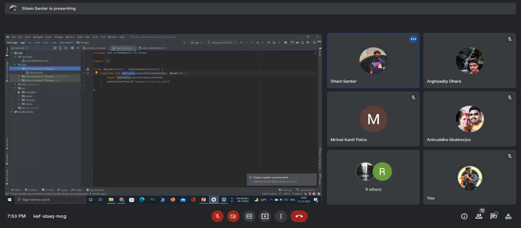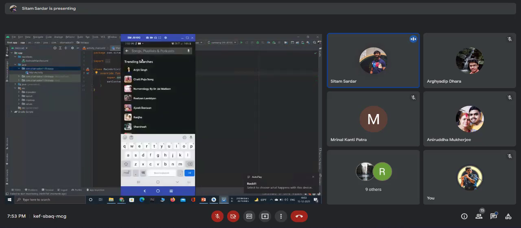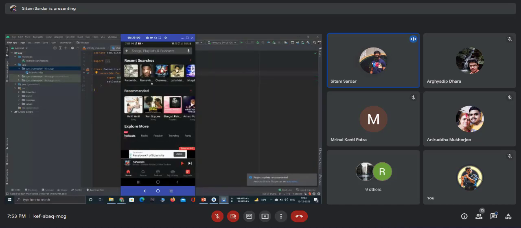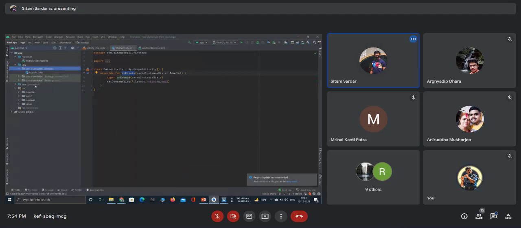Okay, and this is the resource folder. Whatever images, whatever things you can see in an app, let's say if you open up this app, then all the images, like this search image, this kind of images, all these images should be placed inside a folder. From there we can pick it and show it to the user. So for this to occur, we use this folder.